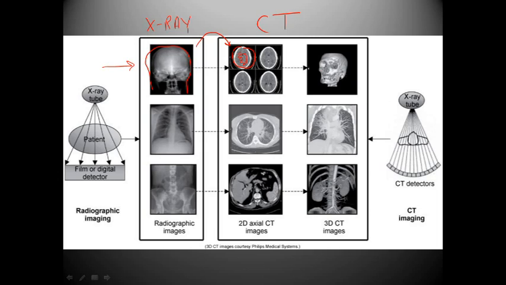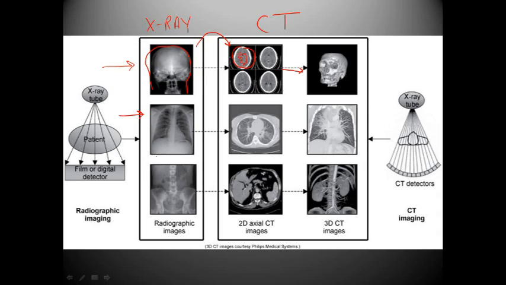But also what we can do is we can throw up 3D reconstructions and demonstrate all of the facial bones to a higher degree than what the X-ray could ever demonstrate. And then also have the ability to oblique, to turn it sagittally, to look straight ahead in an AP view. All of this stuff is what makes CT just that much better. Also, we see that we have